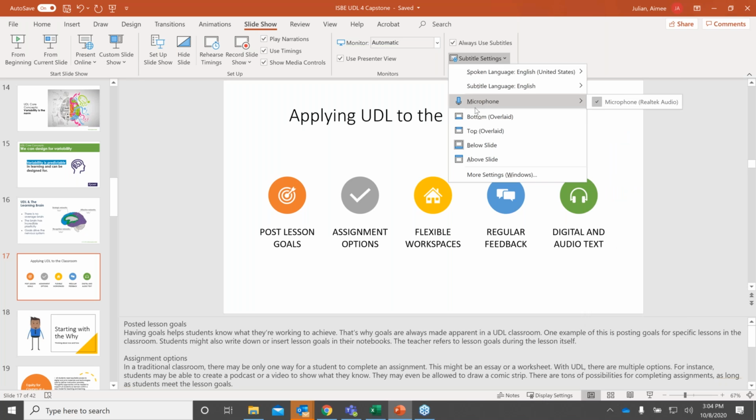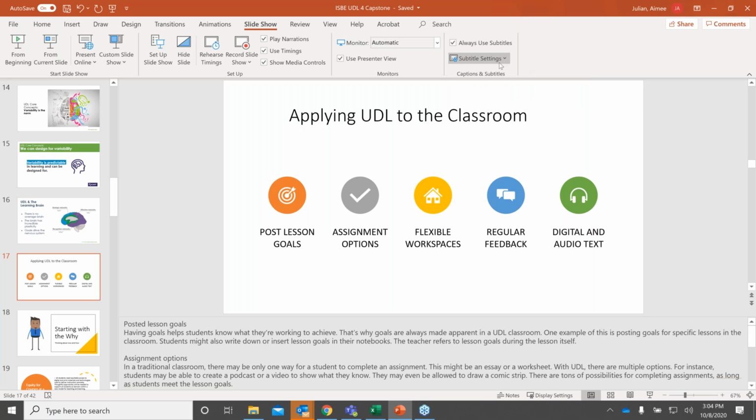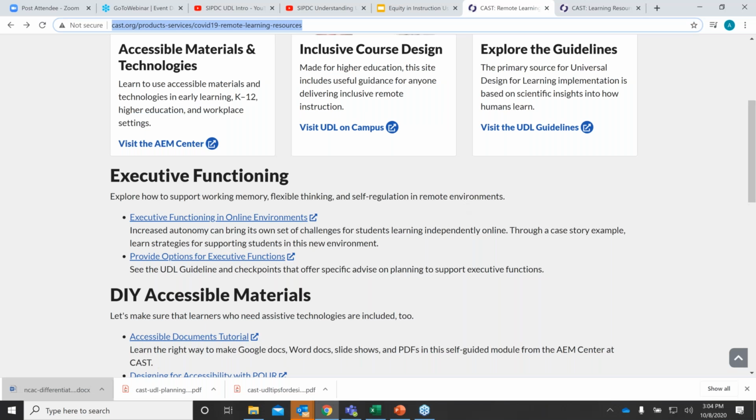You have your microphone, which you can designate which microphone you're looking at, and then you can put it on your bottom, top, below, above. And then there's more settings there to pick different languages. So that is one way to close caption with your digital and audio tech, little fun tip. Another thing you can do